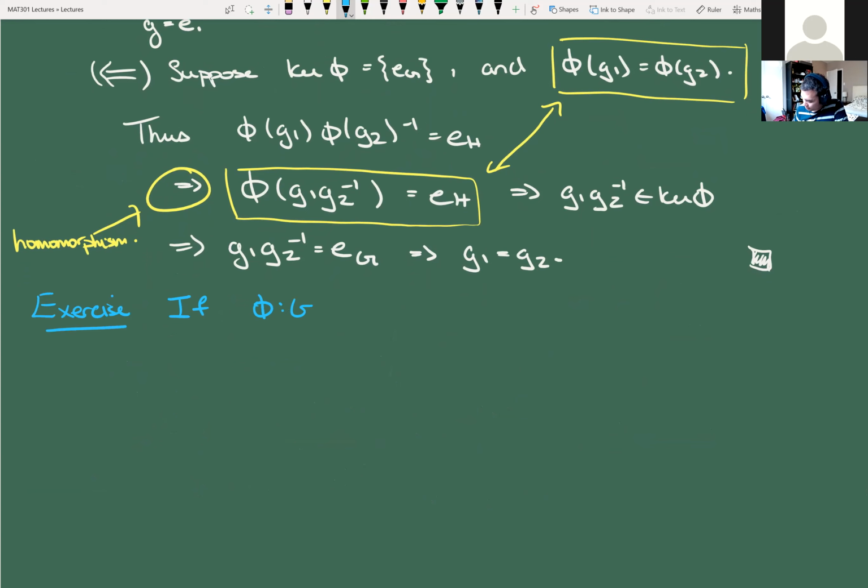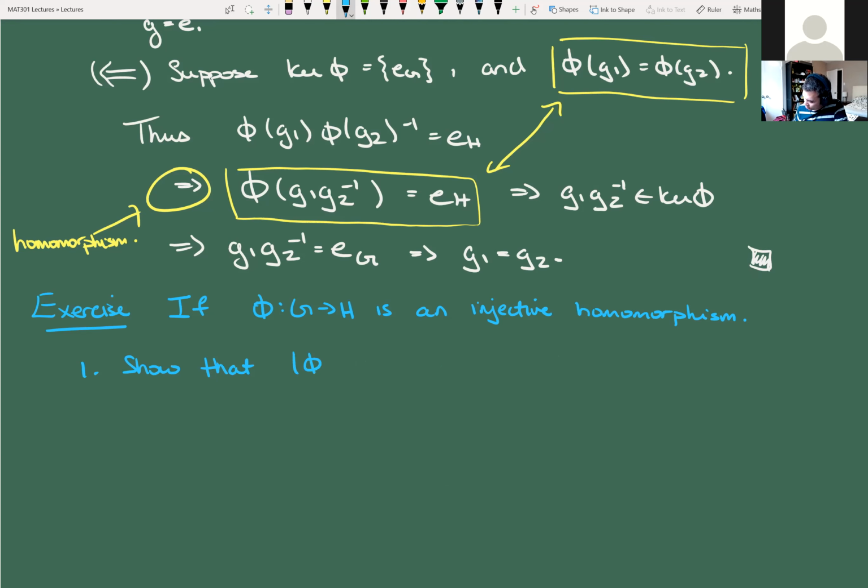So let's suppose that phi from G to H is an injective homomorphism. So one, show that if K is a subgroup of G, then K is isomorphic to its image. Oh, damn, I haven't talked about what isomorphisms mean yet, so I can't actually talk about this theorem. Okay, so then we're going to change this, show that